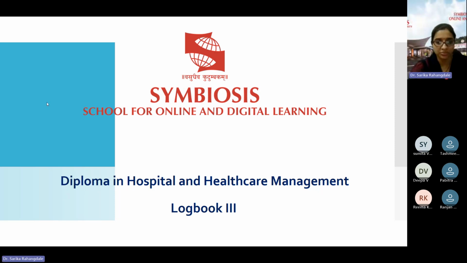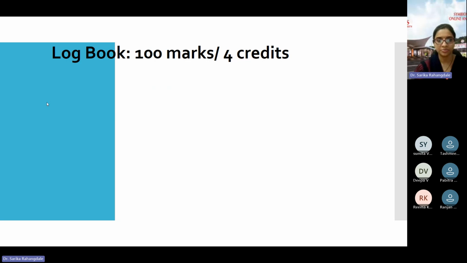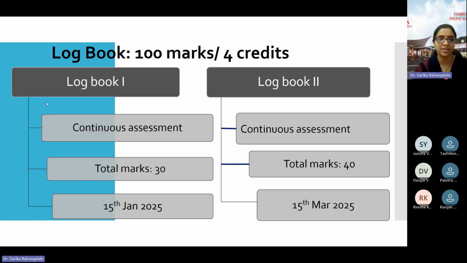So let's start with the logbook submission part 3. I hope by this time all of you must have submitted your rest of the assignments and logbook part 1 and 2. That's what I'm expecting. And yes, we are aware that the logbook course is a credit course, which is a practical based course, which is having three kinds of submission, which is logbook 1, 2,